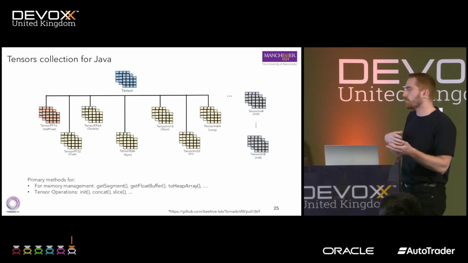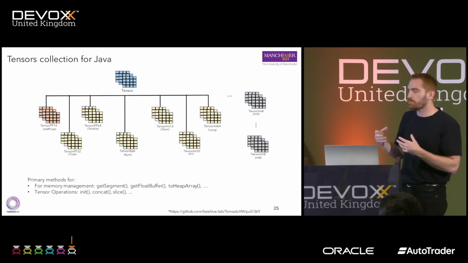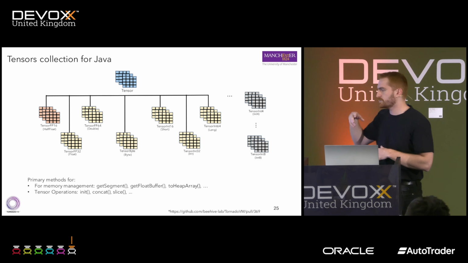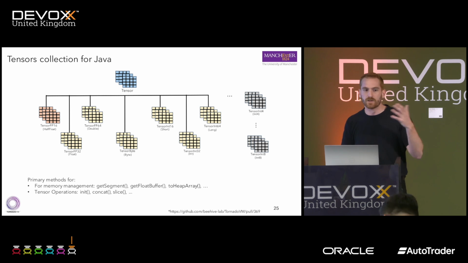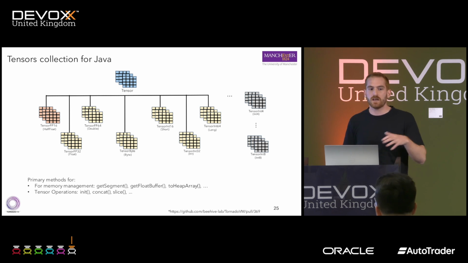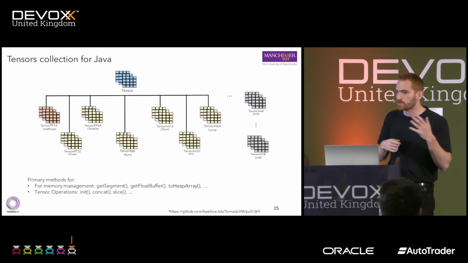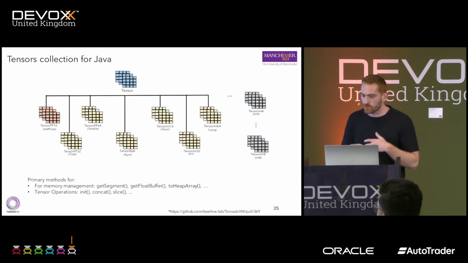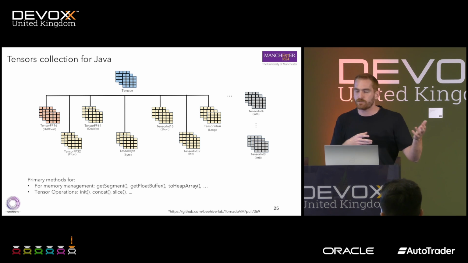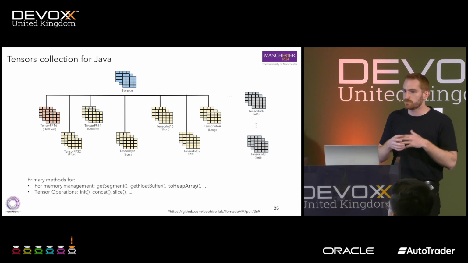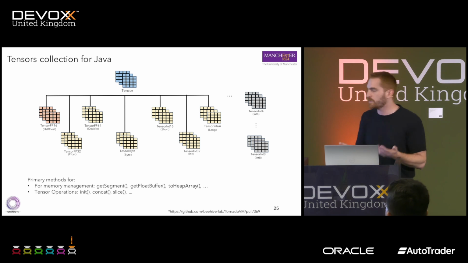Also, we looked into the Pythonic world and what kind of operations. So we support also an initial set of tensor operations like initialization, concatenation, slices, and all this by providing wrappers to the Project Panama and working directly with segments. So we want, for people that have worked with this kind of frameworks before, to have a natural transition, and if they want to try to code something with the Tensor API, to feel more natural.